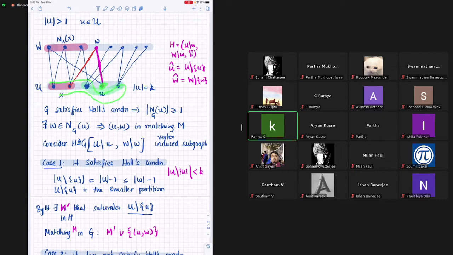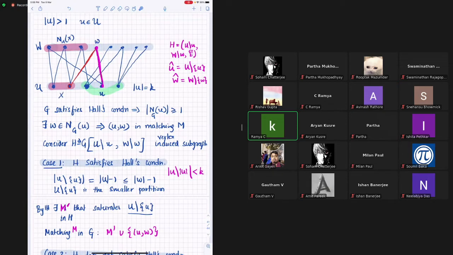These vertices you should be able to find a matching. And that matching will not involve W because you remove W from the other partition. Now you use that matching and you append the edge UW to it, and this whole set is vertex disjoint, and every vertex in U is saturated by this matching. So the final matching is M prime plus the edge UW. This is when the subgraph that you produced by removing the vertices U and W satisfies Hall's